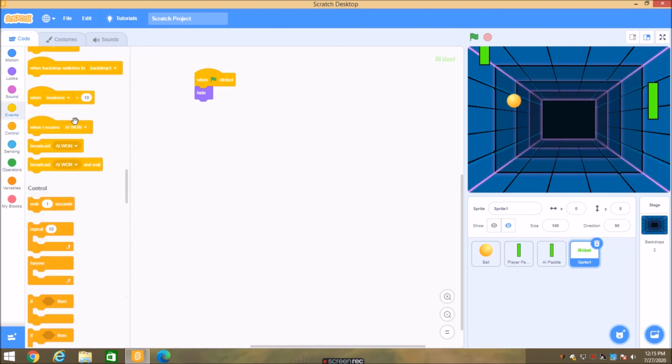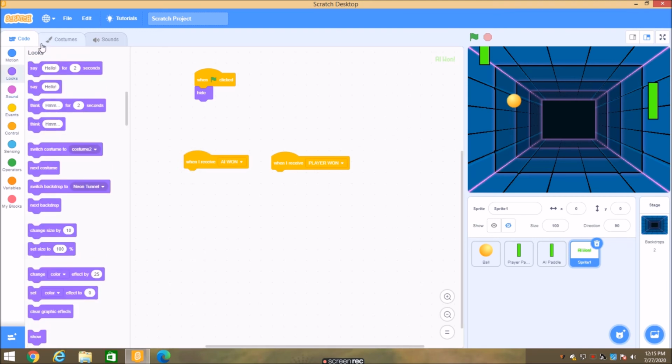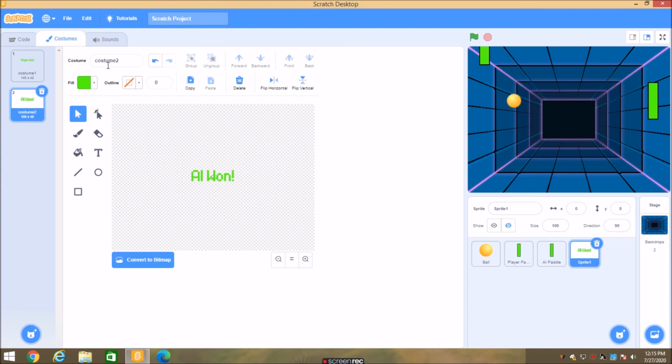And yeah, so here under events, when I receive AI1, duplicate this, and from the drop down select when I receive player 1, because here we need two events. Remember the names of the costumes. It is AI1. I'll just name it as AI1 only, so that it is easier for me.